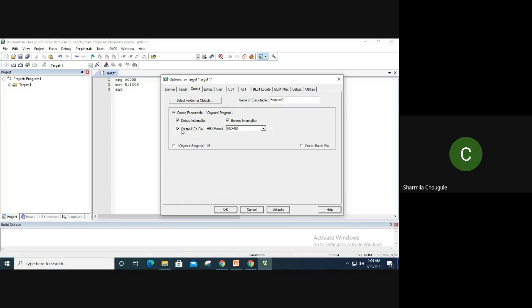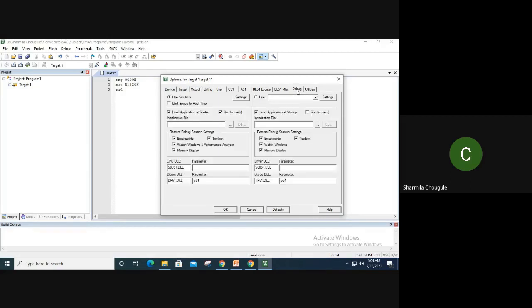Now, whether you are going to use the simulator or the hardware. Using the simulator means we do the programming in Keil software, and the hex file generated in Keil, we upload it in the 8051 trainer. So we need the hex file to burn it in the 8051. In the simulator also we need the hex file, but there, instead of the physical 8051 trainer kit, we have a simulator-based 8051.